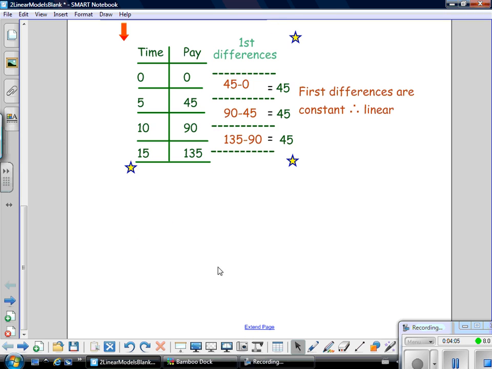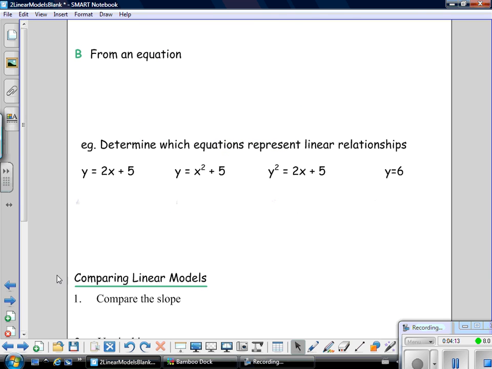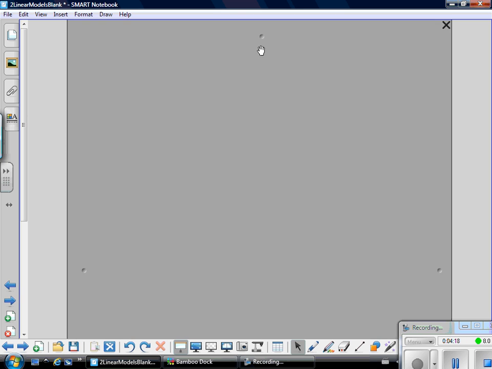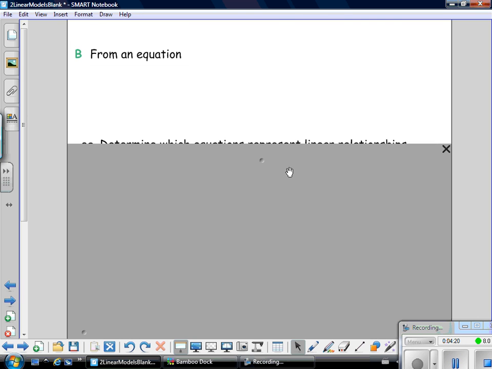It's really important that you understand that first differences are always equal for linear relationships. The next part of what we're going to be looking at is from an equation. Now, when we're looking at an equation of a linear model,